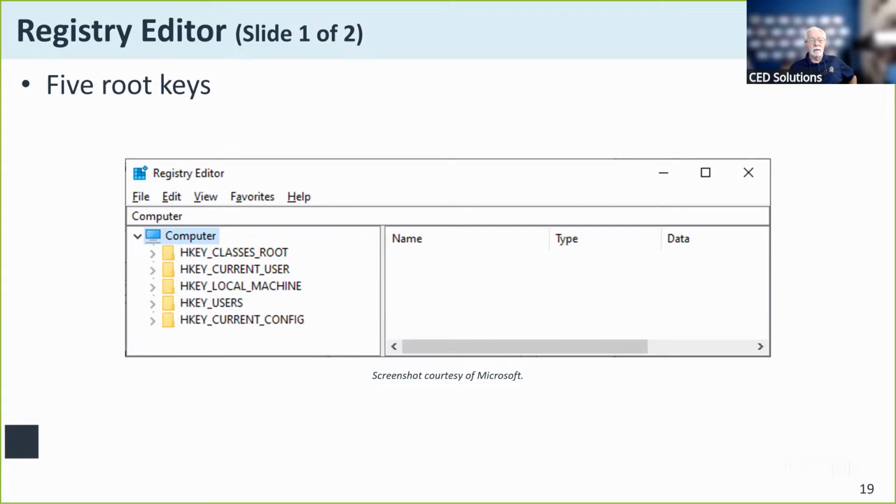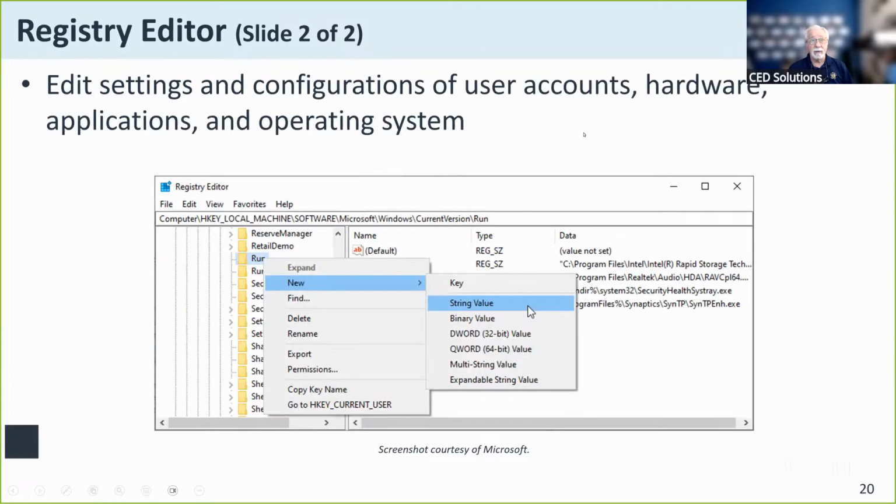I also can, there's a hive here, the first one, they're called classes root, which defines all of the specific file types that are supported by the particular machine, as well as gives me the ability of associating, for instance, an application program that will allow me to either display or edit or execute those files. For instance, if I have a file type that is the Excel file type, XLS, that's the Excel program that I associate with that. So if somebody just double clicks on that file, it knows that you open it up with Excel.